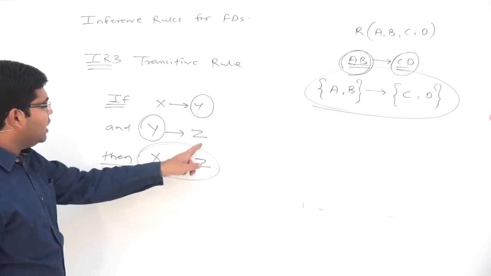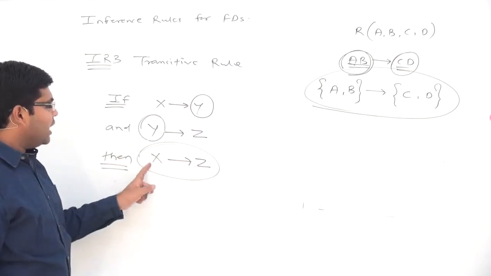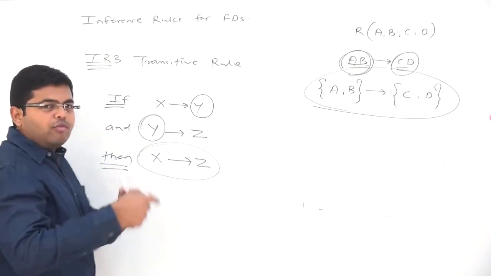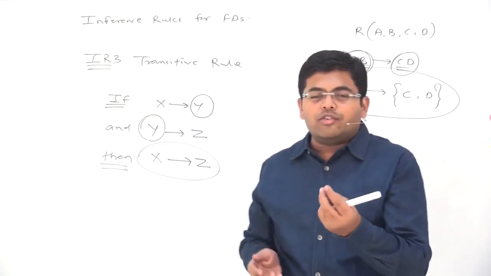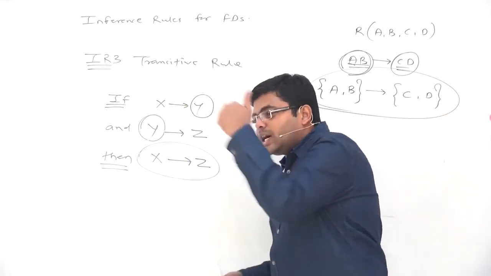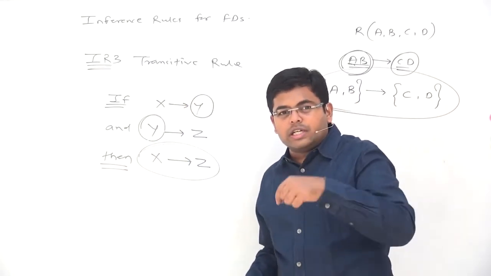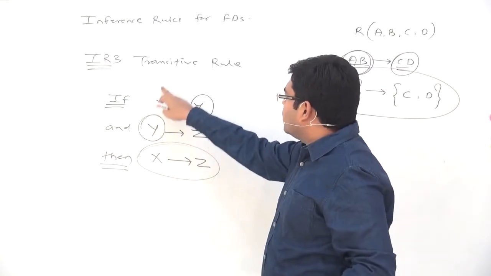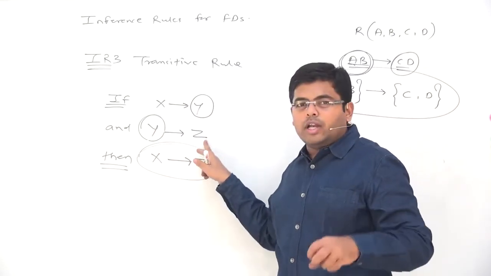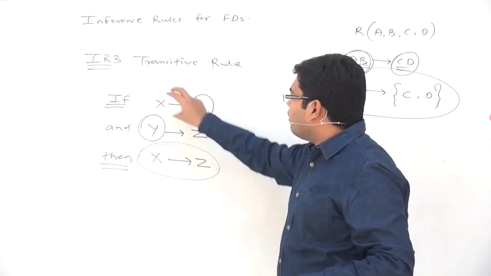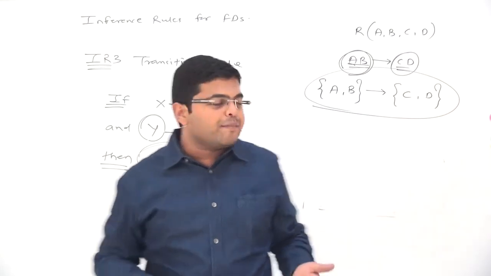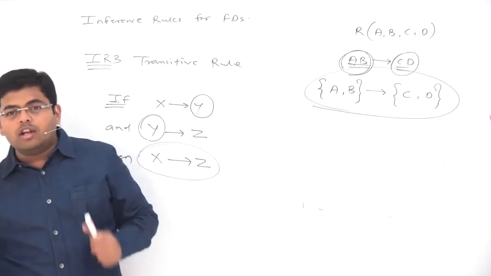X gives Y, Y gives Z. You can infer that X gives the value of Z, and again from X you can determine the value of Y, and from Y you can determine the value of Z. So indirectly if I give you the value of X, you can uniquely come up with the value of Z, but you won't directly come up with the value of Z. Intermediately, we need to take the help of Y, so that X will give us the unique value of Y, and from that unique value of Y you will get a unique value of Z. So the effect is, from a given value of X you can uniquely determine some value of Z, and that is why the transitive FDs will hold.